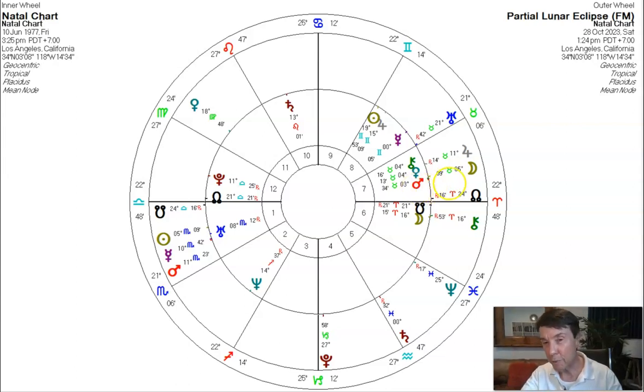Now, Mars puts all the energy into this. Mars is the get up and go planet. It's the planet that is full of adrenaline. And so really Mars in the 7th house is being able to stand up for yourself, to be able to be strong, to still be able to be independent in all your relationships as well. But if it's not working terribly well, Mars will put its whole need to get what it wants into relationship.